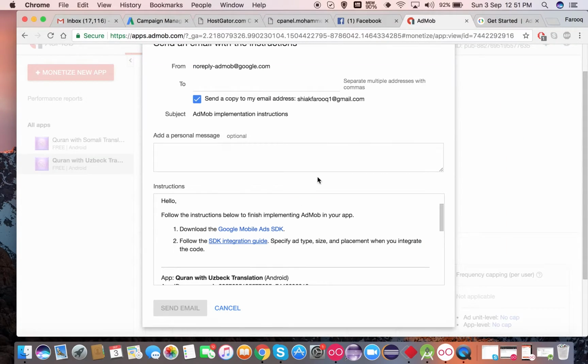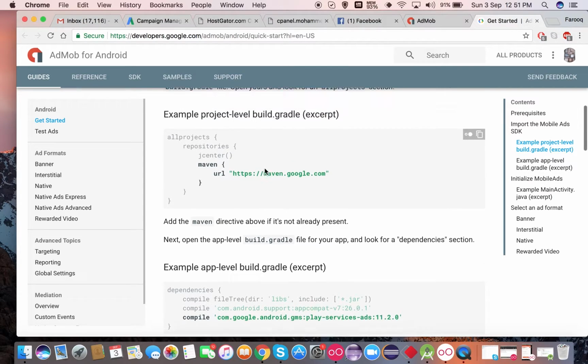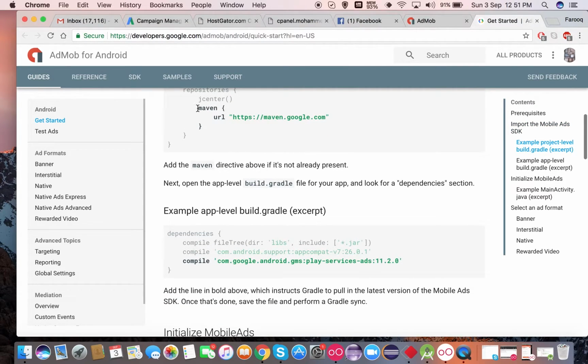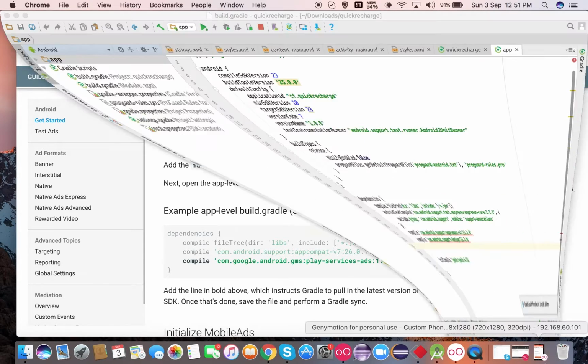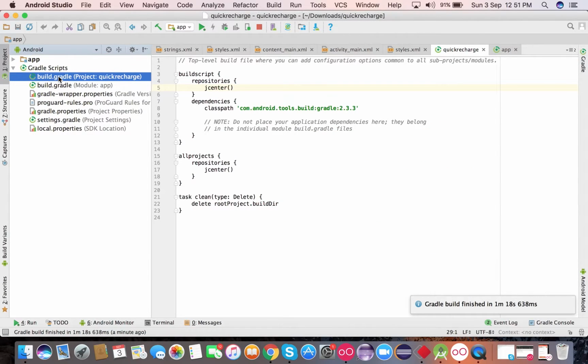There are setup instructions here. When I click this, they will take me to this page, and I need to add these two lines first. I will copy it and add to appropriate places. The first one should go to the build Gradle project level here,